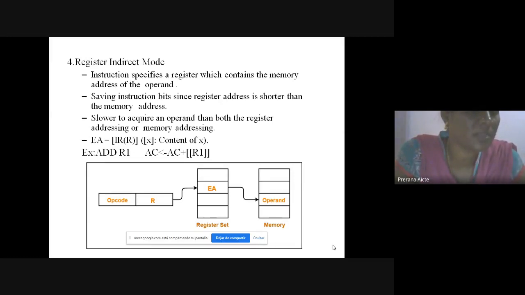Effective address means where the operand is located. The register contains the address of the operand in memory. So the effective address equals the contents of R, that is X, the register holding the memory operand address.